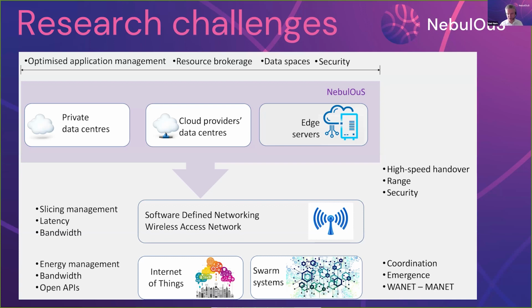So predicting this kind of movement and these changes in device locations will significantly impact where to place processing capacity and storage capacity. Then we do not have in Nebulous today any kind of control over the actual networking. So we use the network that is in place between two nodes, whatever that might be, and we try to optimize the location of the computation and the nodes rather than changing the network characteristics.